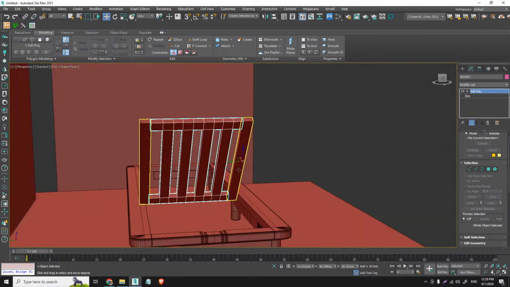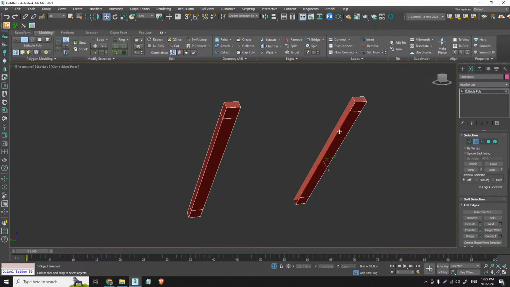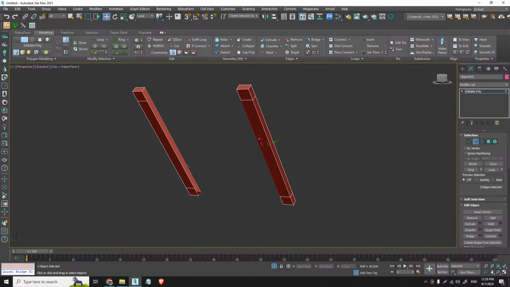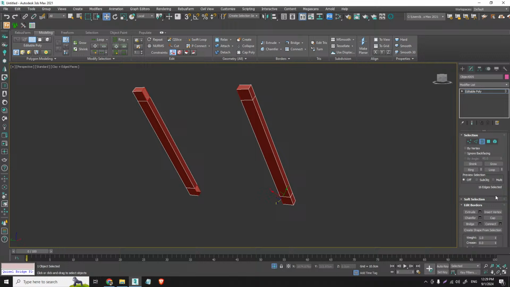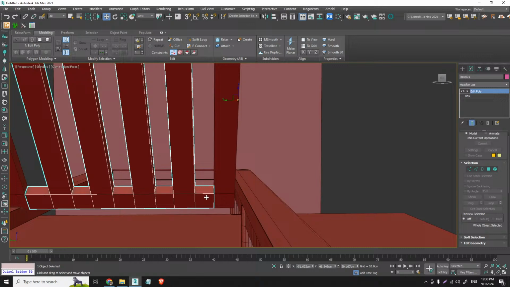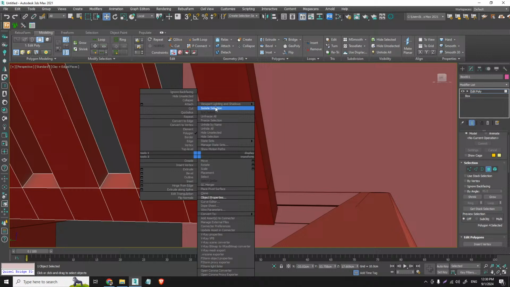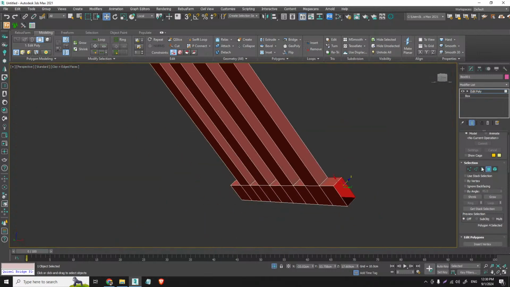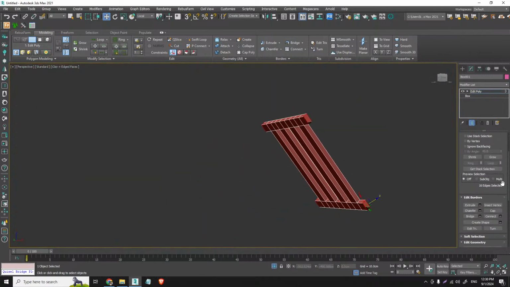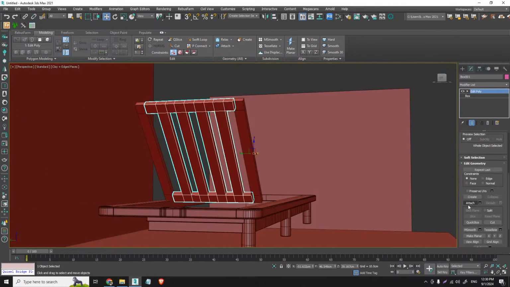Go on play mode, isolate them, and hit bridge, and cap them, and isolate. Now, do we have a border right here? Let's see. Yeah, we don't. So let's select everything and hit cap and isolate. Now we can also attach them together